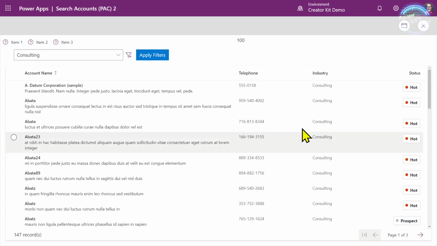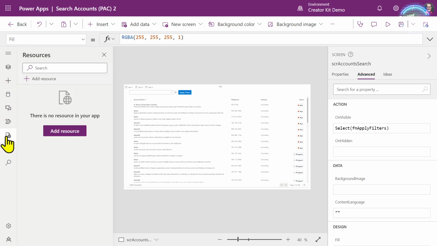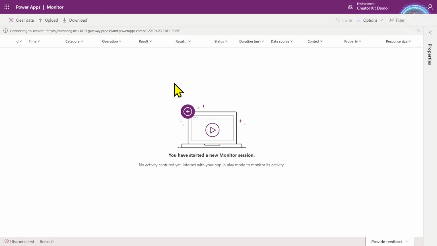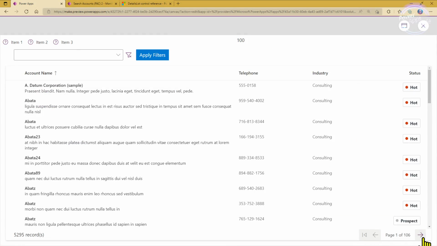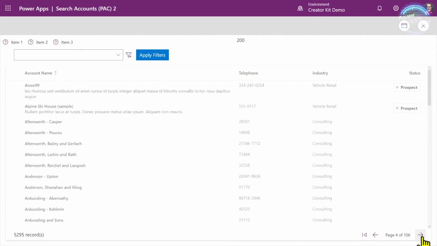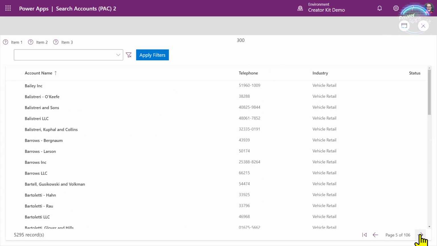So now we've got the ability, in a fully delegatable way, to have sorting external, and I could actually set those sorting values from a command bar, for example, or any other buttons. If we go and look at our monitor, it's always a good idea to check that your queries are delegatable. If we run this and do some paging and move into the different pages, and go to our monitor here, so far we've got no calls because we're still inside the delegatable limit.